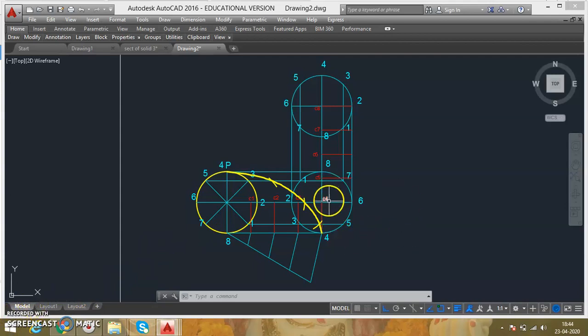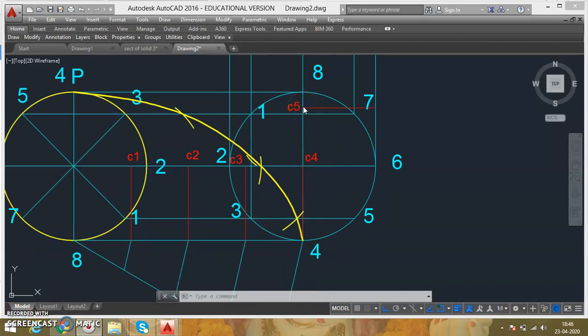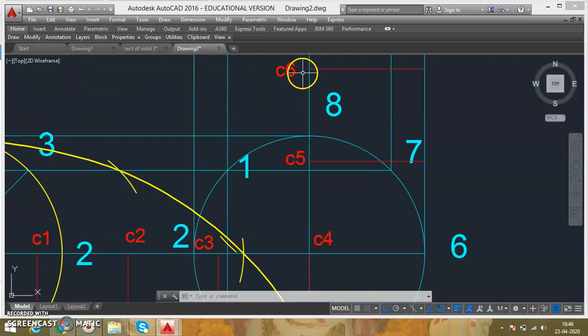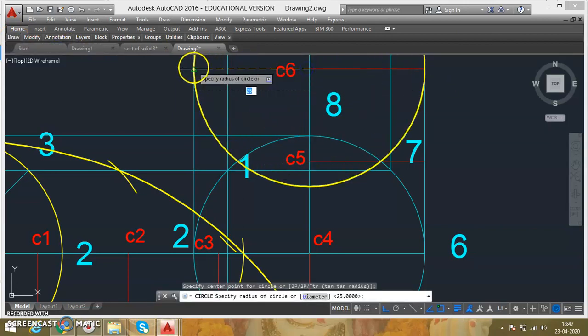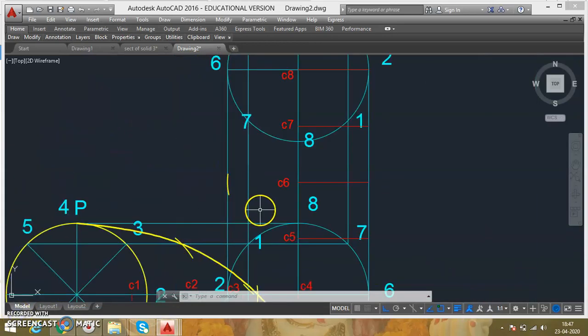To do so, again we'll take the same radius distance in the compass, put it at C5 and mark it on this line. So we have taken C5 as a center, with the radius, and we will mark it on this line, because after this point the point will move to this stage. So we'll mark this point here. After that, at C6 we will again take the radius distance, and definitely I'm going to get that point here. So for doing so, draw the arc from here to here. So this will be the point. So we got that point here.